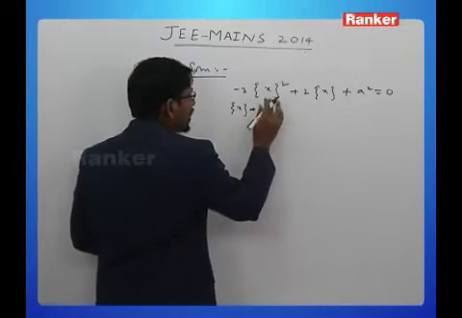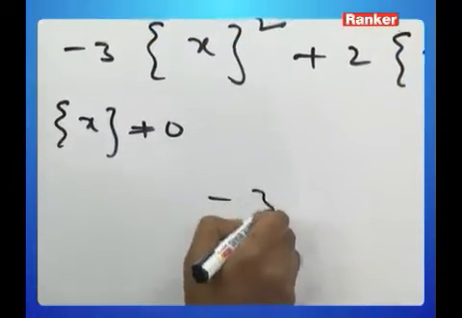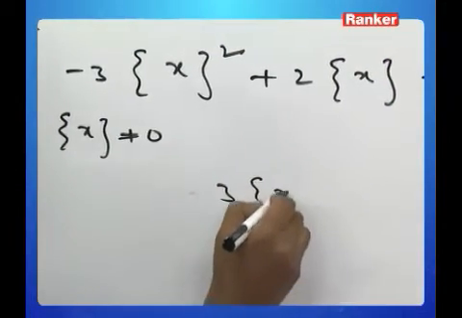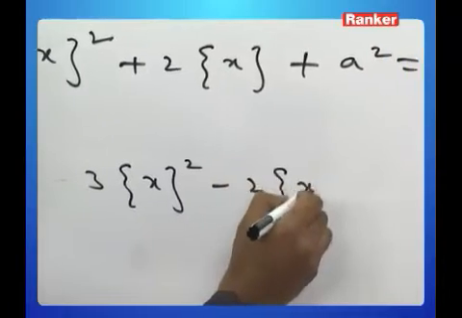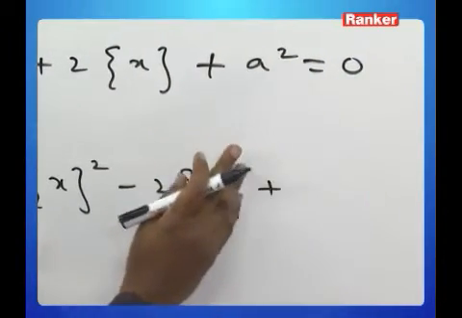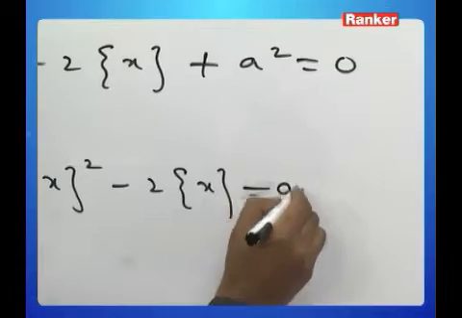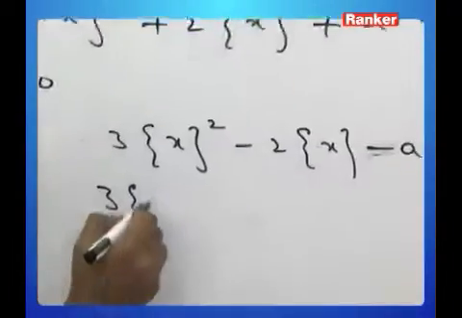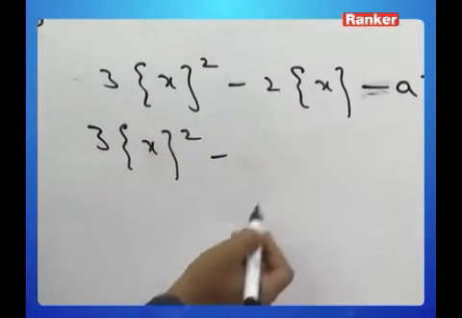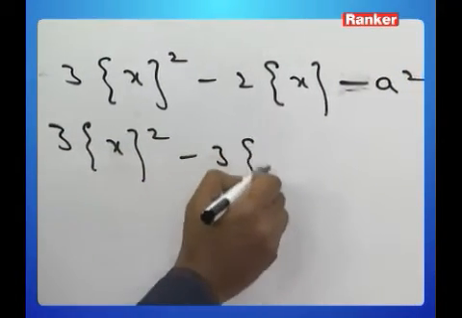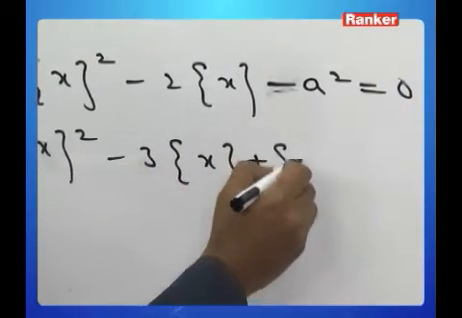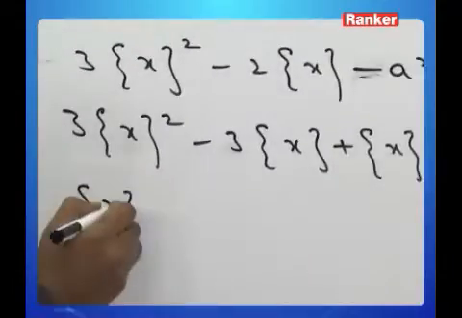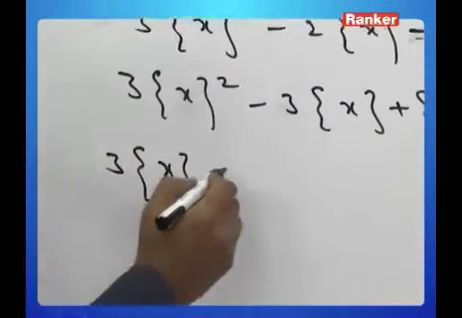Now I will look at this equation like this: we will multiply by a minus sign and we will have 3 into fraction part of x square minus 2 into fraction part of x minus a square is equal to 0. We can factorize this. This is 3 into fraction part of x square minus 3 into fraction part of x plus fraction part of x minus a square is equal to 0. You can take out 3 into fraction part of x common, and you have here